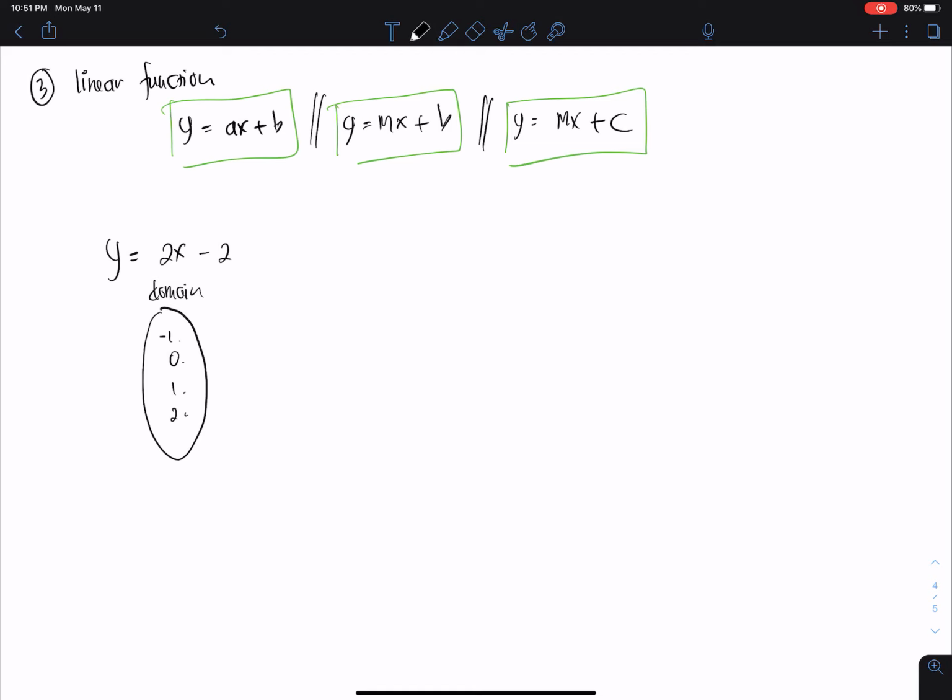So what will be the pairs in the range or output area? We can calculate for y equal to,